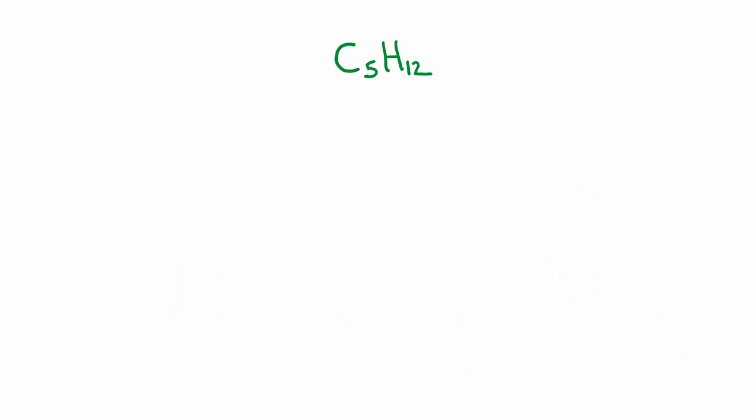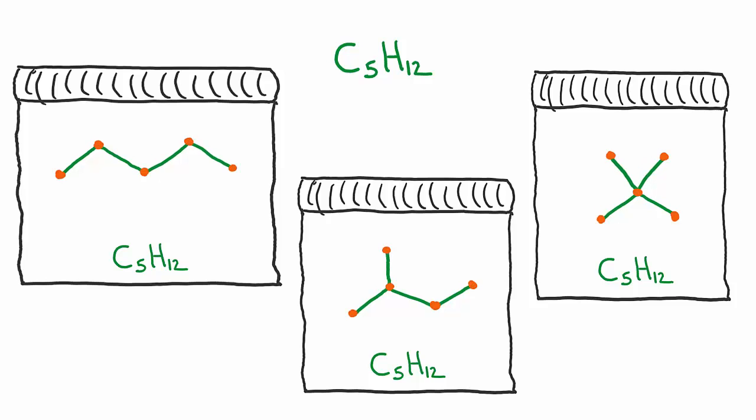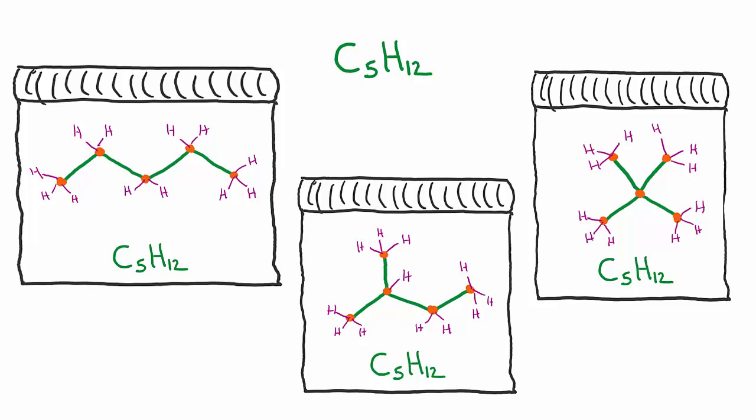Imagine that you are working in a lab and you need a compound that contains 5 carbon atoms and 12 hydrogen atoms. So you head off to the stockroom to find your compound. You were surprised to find 3 different bottles that are all labeled C5H12, but each has a different chemical structure. And indeed, they each have 5 carbon atoms and 12 hydrogen atoms. Each of these structures represents a structural isomer of